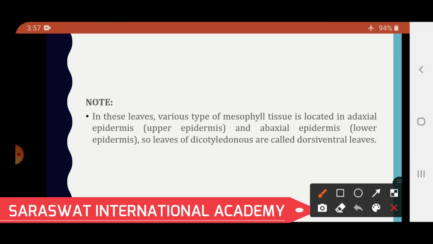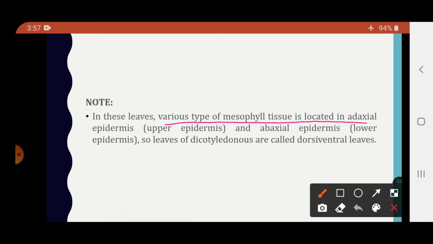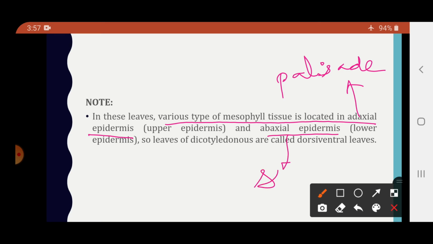Now one important note, students: in the dicot leaves, various types of mesophyll tissue are located in the adaxial epidermis and abaxial epidermis. Which type was on the adaxial surface? It was the palisade type of cell, whereas in the abaxial region it was which type of cell? Spongy type of cell. So as there are two different types of mesophyll tissue towards the upper and lower epidermis,